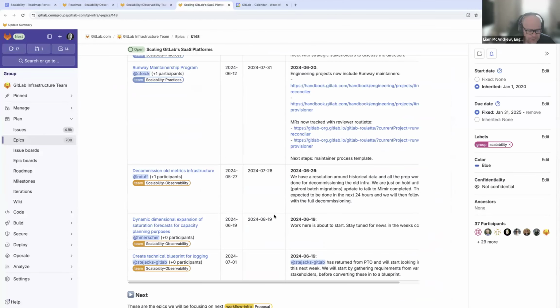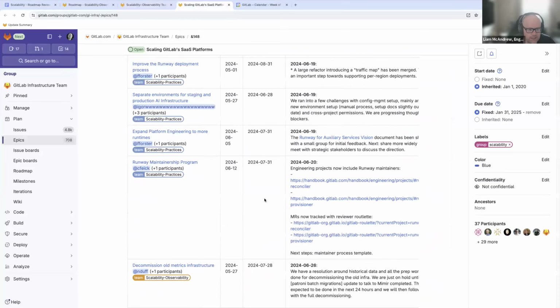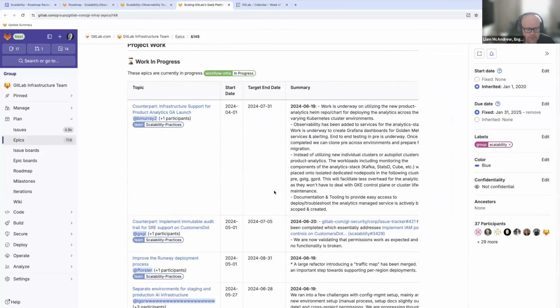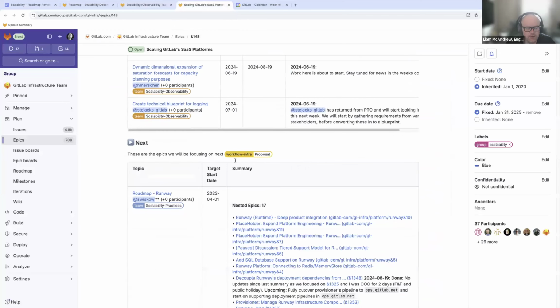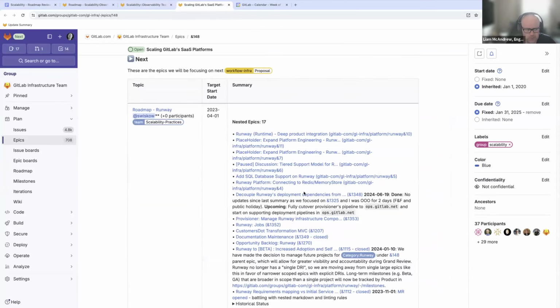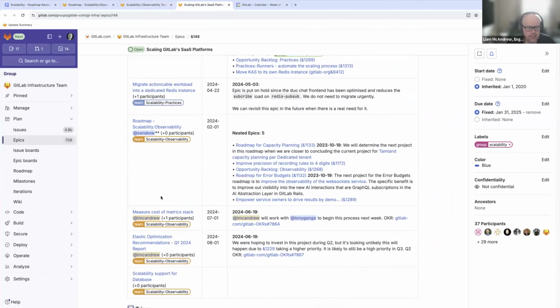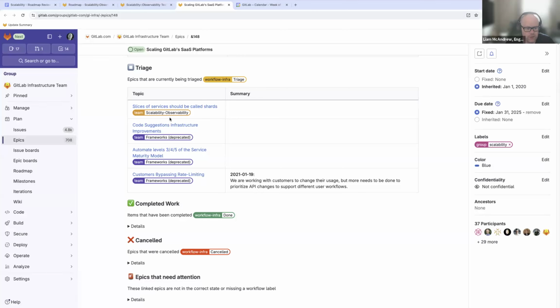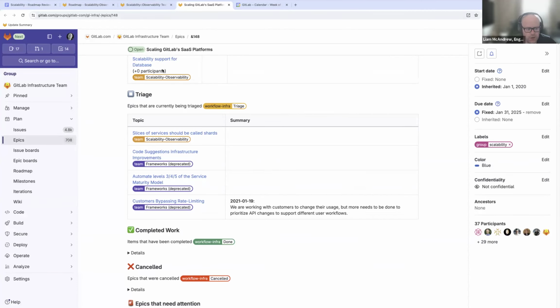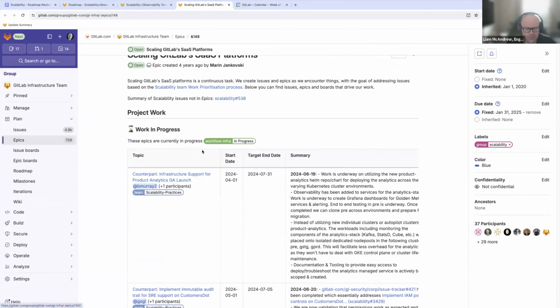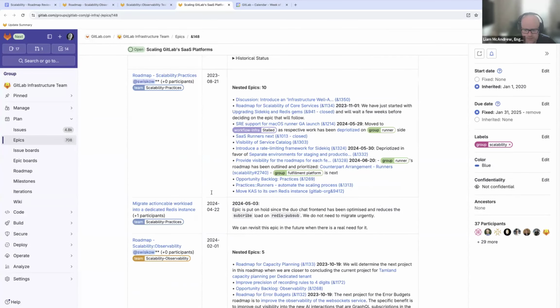All of this, as everyone already knows, forms up into the primary epic that we use for the team and displays everything in here. In terms of the workflow labels, the proposal label is what causes things to show in the next section. So we have a couple of things here, and then I think we also have a triage section as well. Another thing we've been thinking about in terms of how we organize projects: only epics that are direct descendants of the top level epic will, I think, appear in this section,